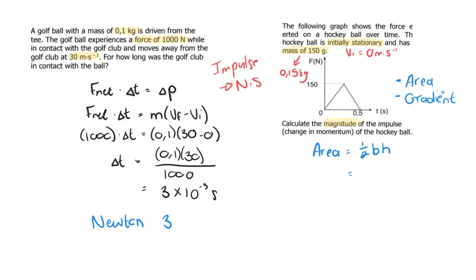And the base in this case is time, and the height is a force. And we actually have an equation that looks like that, where it's force times the time, which means that the area of this graph will be equal to the impulse. So you can put it like this: the area is equal to impulse,